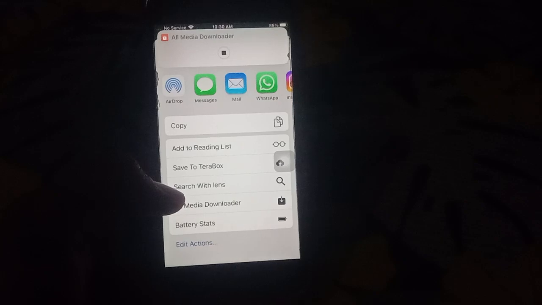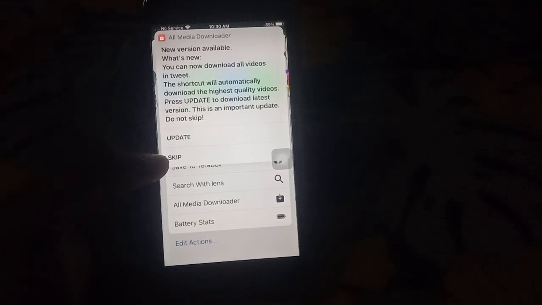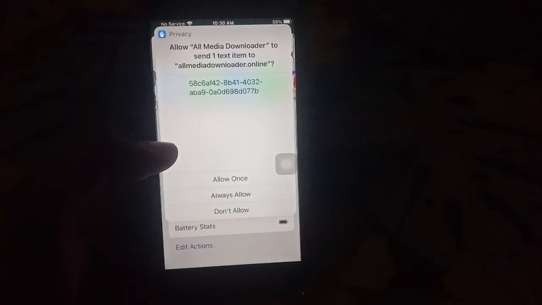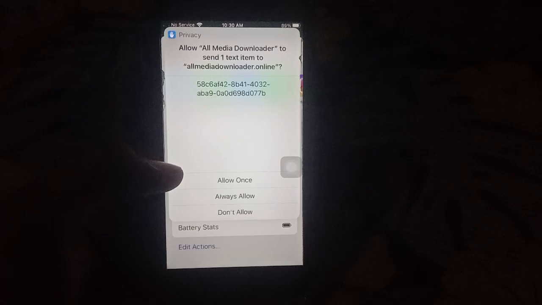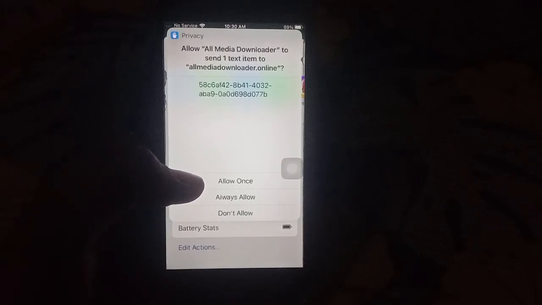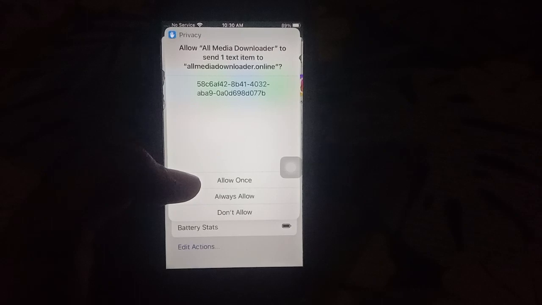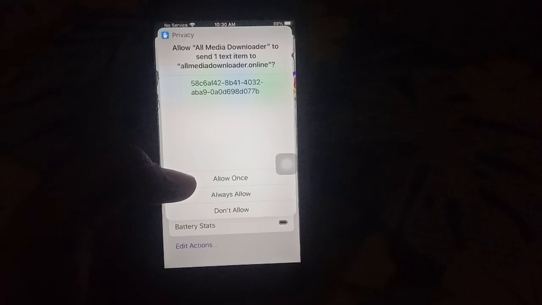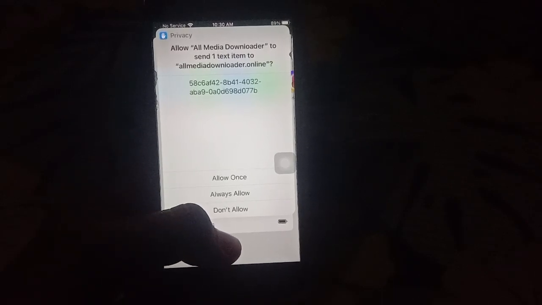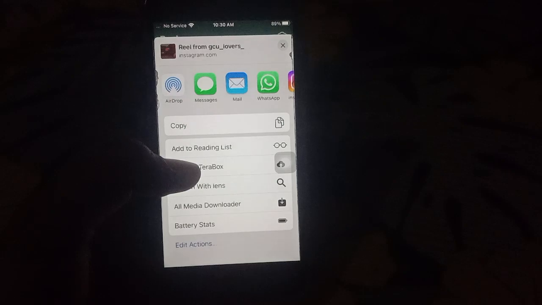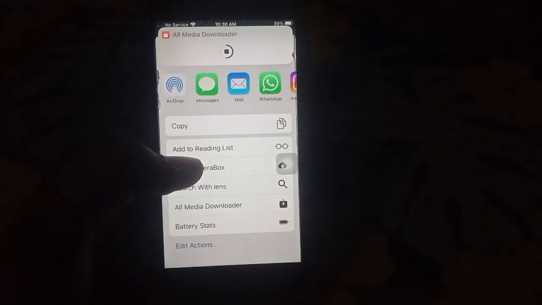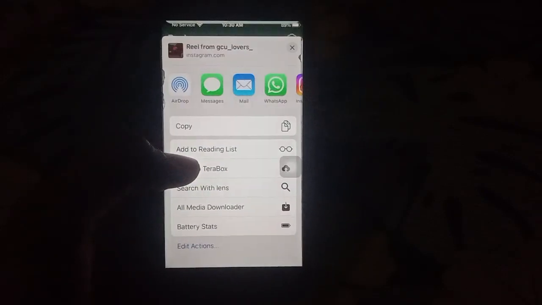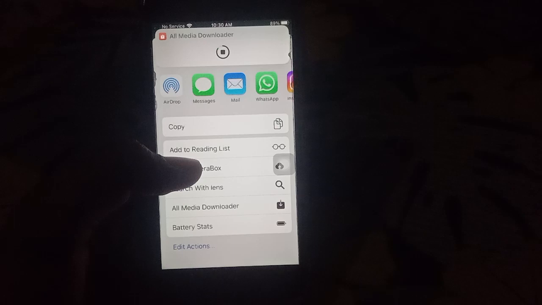All media, and then you are given some steps, you skip, and then three or four steps you allow once, and then privacy, and given the all media downloader you go step by step, and you should allow once, and then your video will be downloaded. I will click on allow once, and then wait a few seconds, and then other permission is given, allowance, and then other permission is given, and your video